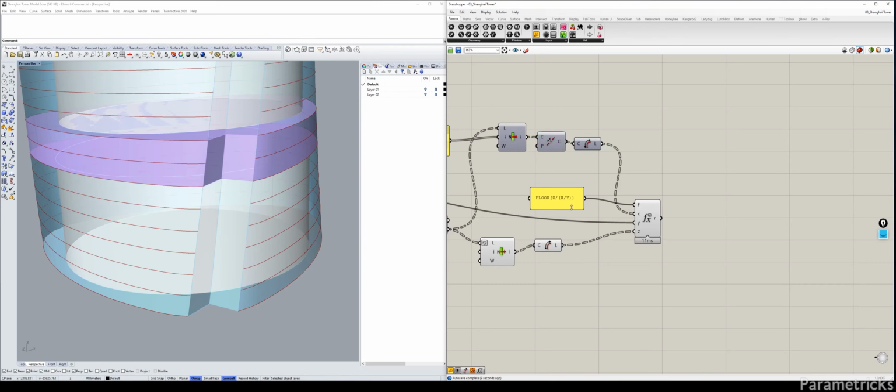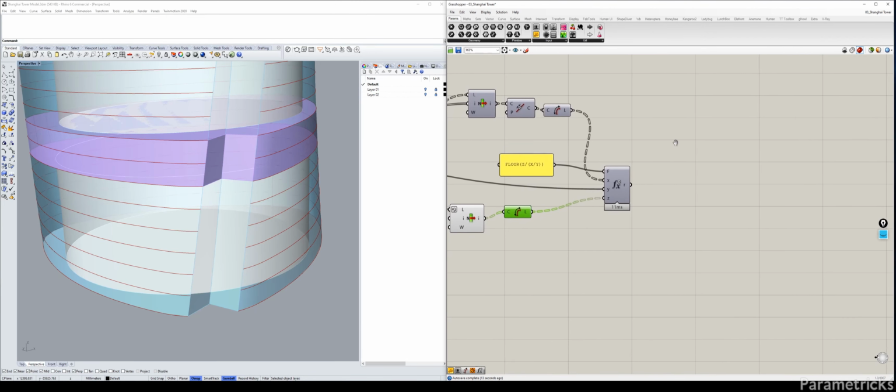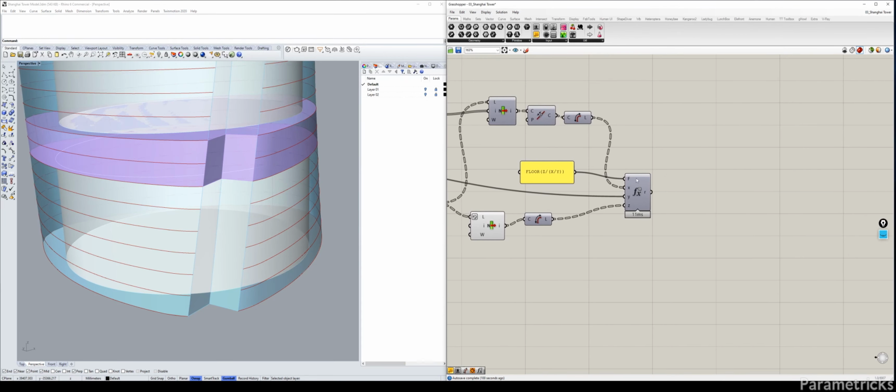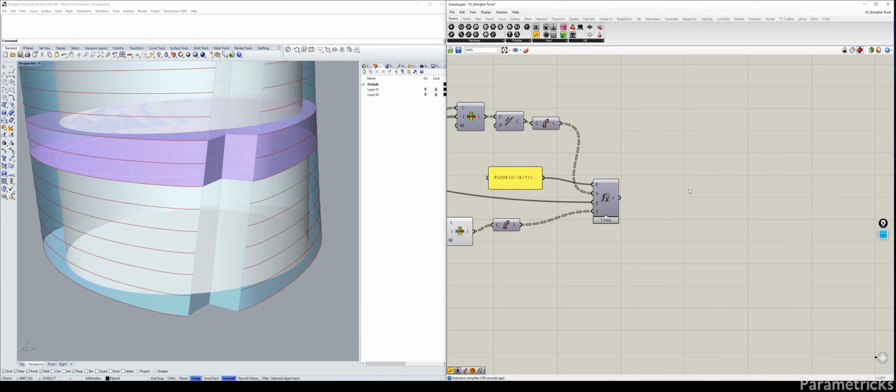I can actually now disable that because I don't need to see it anymore. All right, now we have the number of panels that we want sorted out. The next part is to extract the information that we will need in order to make the start and end exception panel that is adjacent to the V-strike. So because we have the amount of panels,